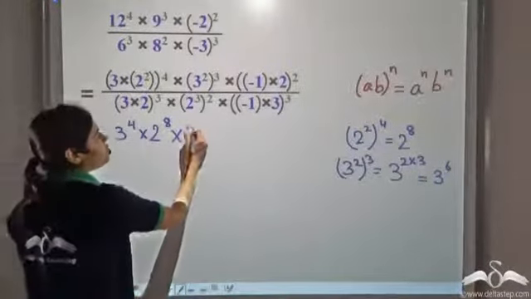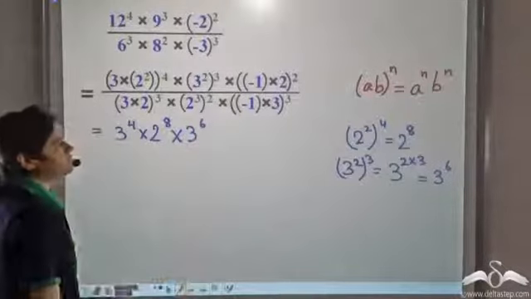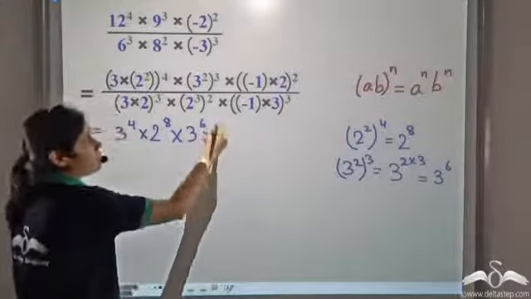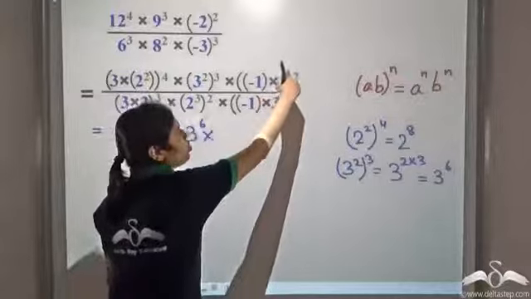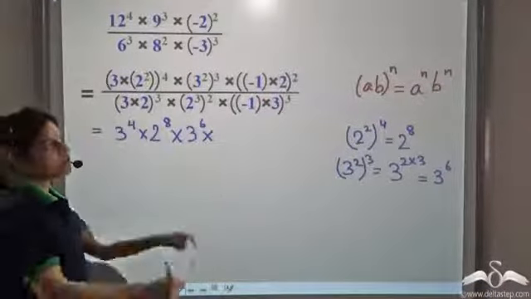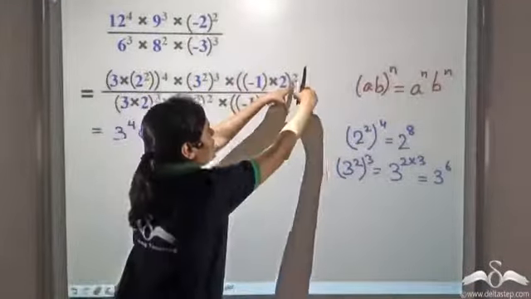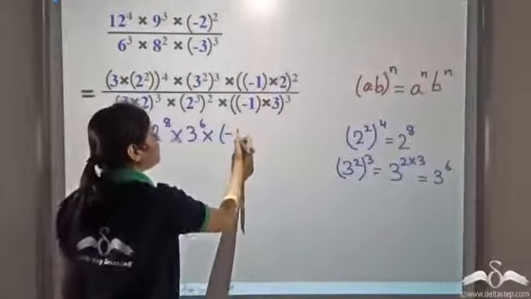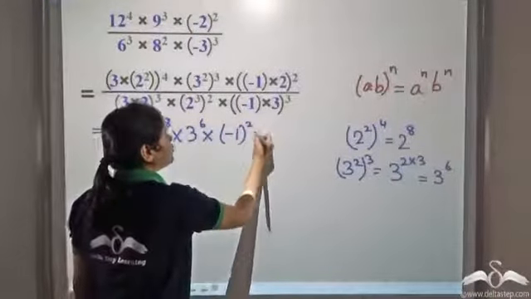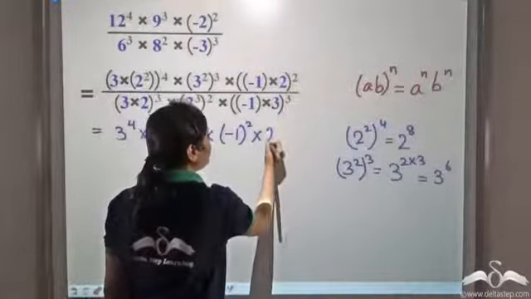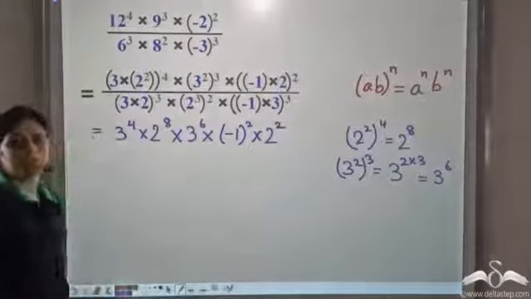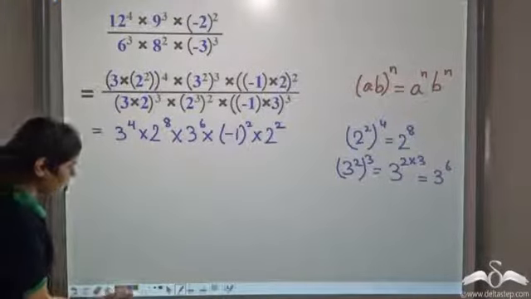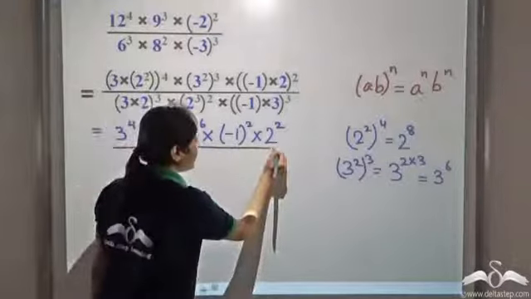So we have 3 to the power 6 here into negative 1 into 2 whole to the power 2. So this gives negative 1 to the power 2 into 2 to the power 2. This is what we have on the numerator, divided by